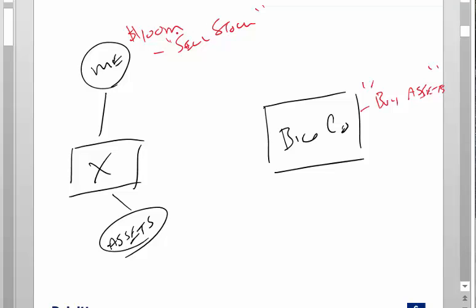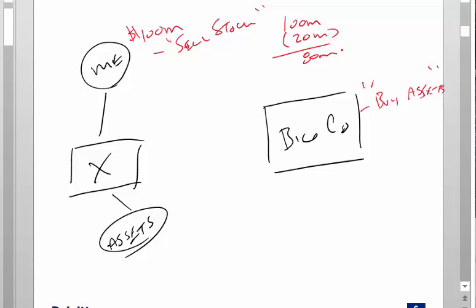Anybody? Yeah, double tax, right? So if I sell the stock for $100 million, I'm going to have $100 million of proceeds. I'm going to pay tax of, say, $20 million. Let's just deal with federal. I'm going to have $80 million left over. That's some good walking around money, right?